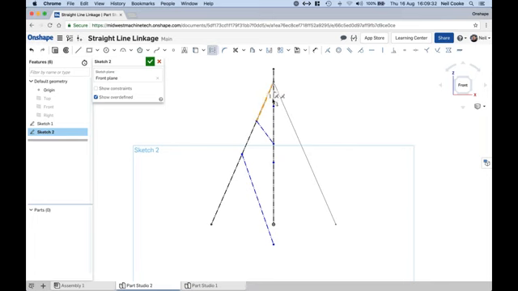And the trick here is to make all those segments equal. This segment and this segment equal, and this segment and this segment equal as well. Did I make a mistake there? No, I didn't. That's right. So those two there are equal. It was actually that was putting me off there. And that one equal. And then the final thing we want to do is just replicate these two here as well